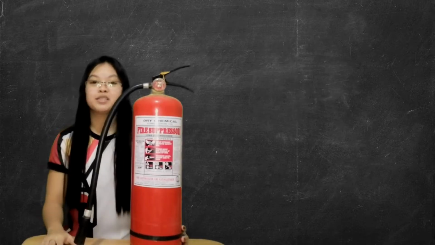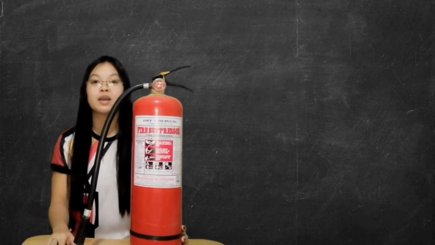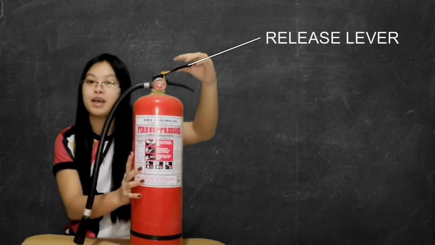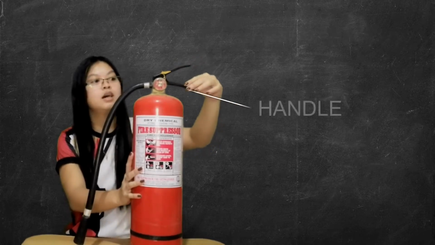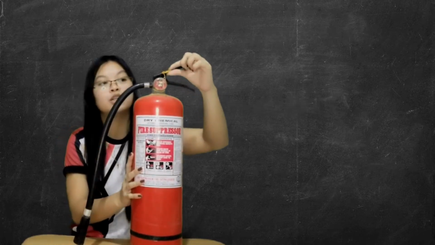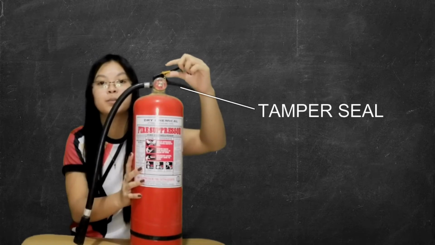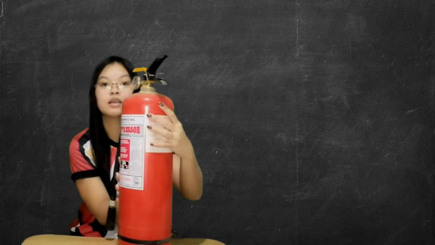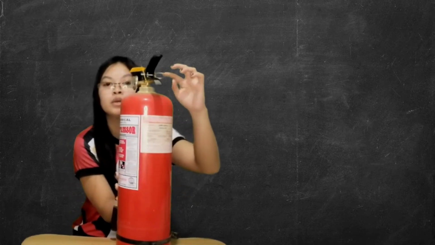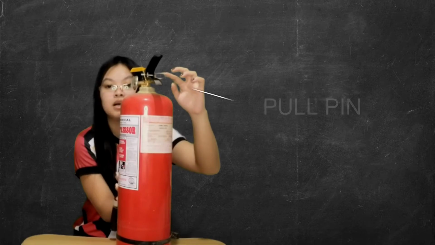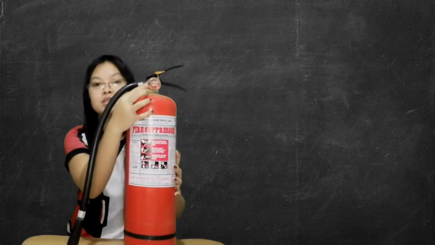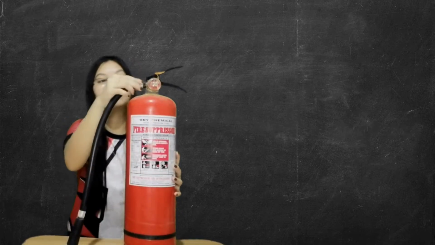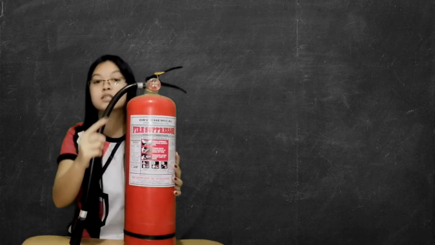Here are the parts of the ABC dry chemical fire extinguisher. First, this is the release lever. The second one is the handle. This colored one is what we call the thumper seal. And then at the back of it, there is a small circle which is the pull pin. This one is the pressure gauge, and this portion is also the valve assembly, and this long one is what